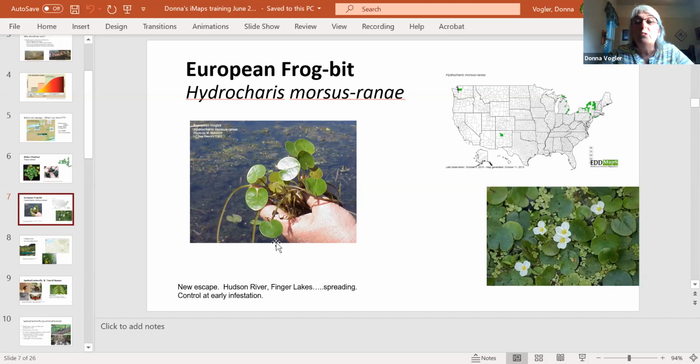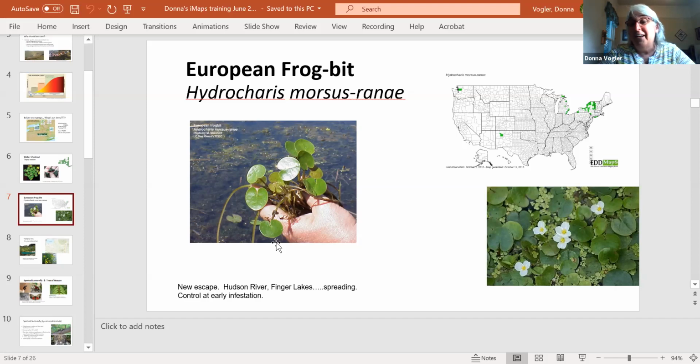Now, these are relatively small. If you recognize the plant duckweed, you can see that in the picture on the right. They're larger than duckweed, but they're not a large, robust plant. They don't look very harmful. This is one that is easily transported around because of its relatively small size. And plus, people mix it up with white water lily, and so they think, oh, those are just water lilies, I don't need to worry about those.